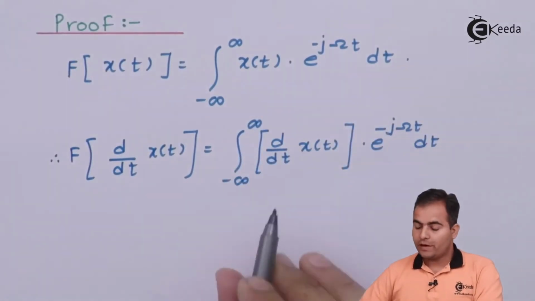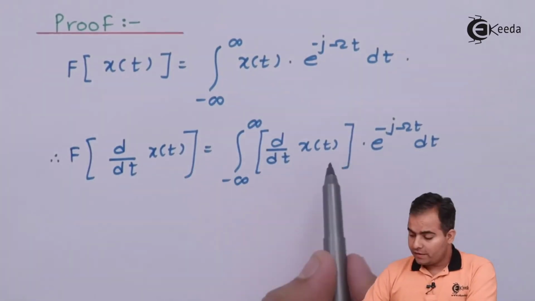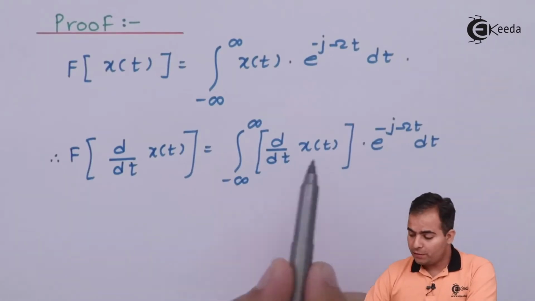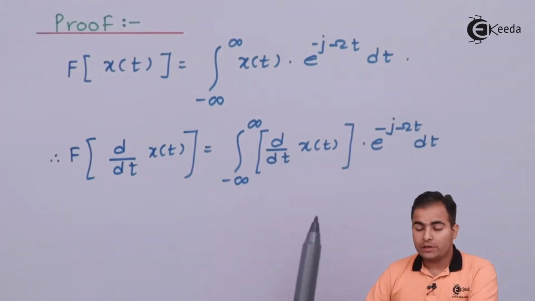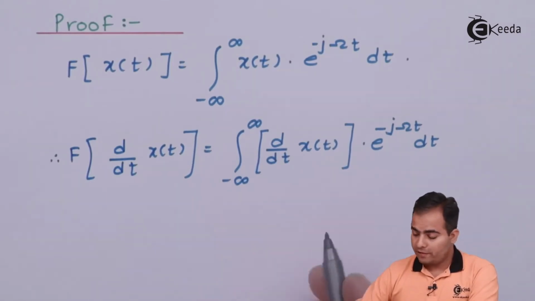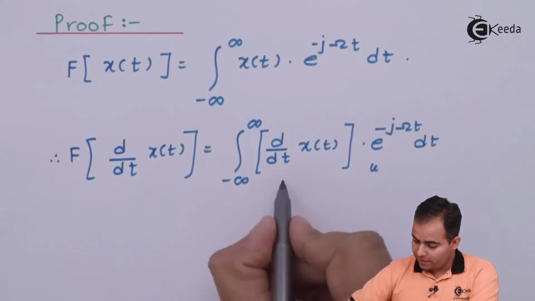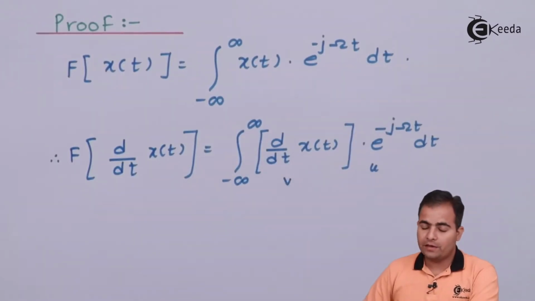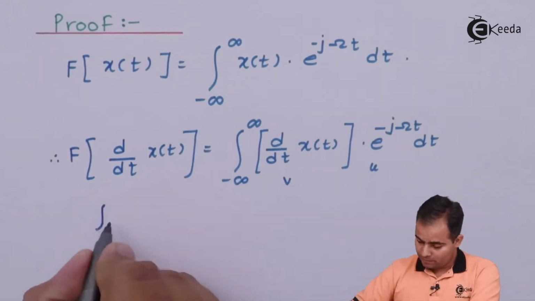Now, look at here. The function is in product form and we don't have any formula to solve these two products. So we will use the u into v rule over here, where my u is e to the power minus j omega t and my v is d by dt of x of t. So according to the integration of u into v rule,